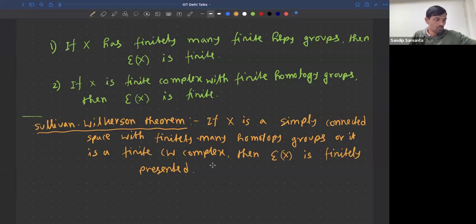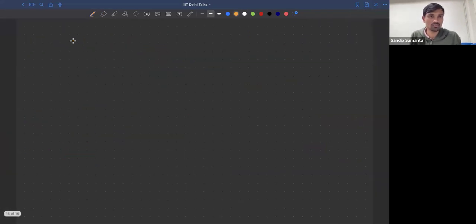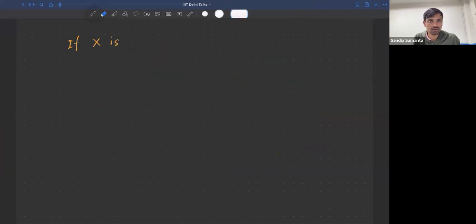And also for various other spaces, for example, the spaces which are n-1 connected 2n manifolds, those spaces are quite useful and appear in various contexts, that if X is an n-1 connected